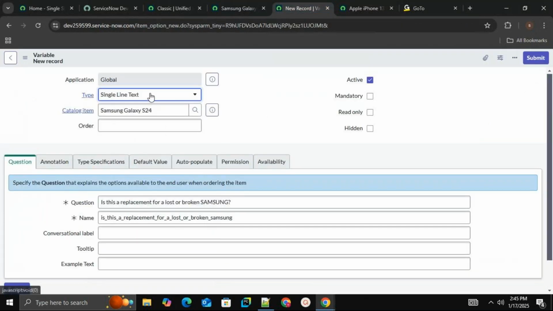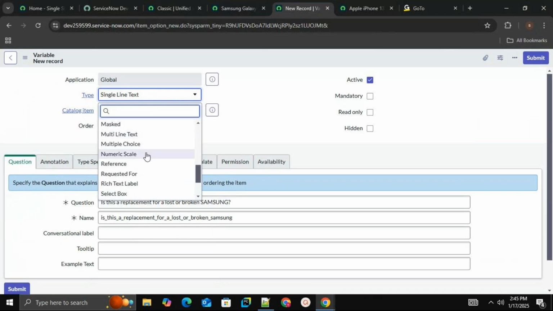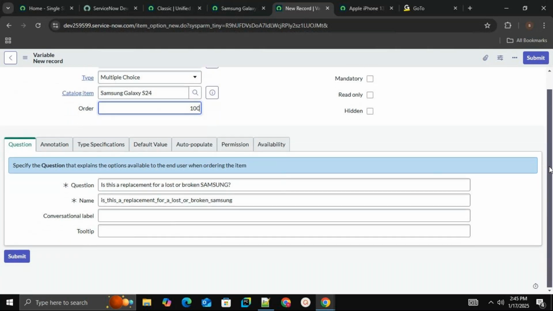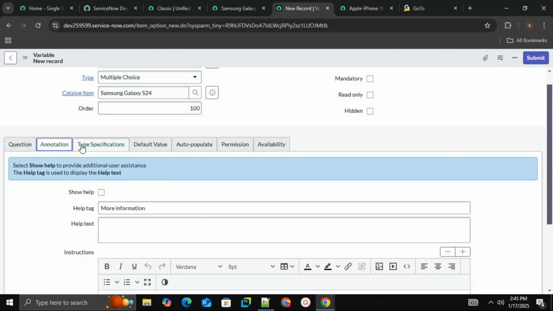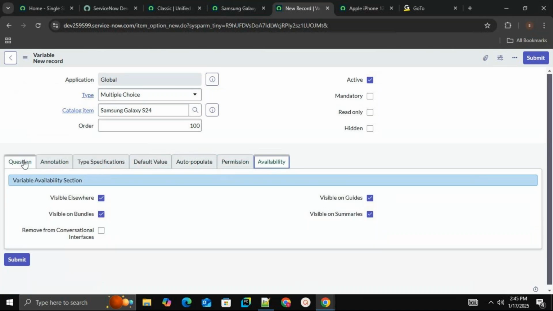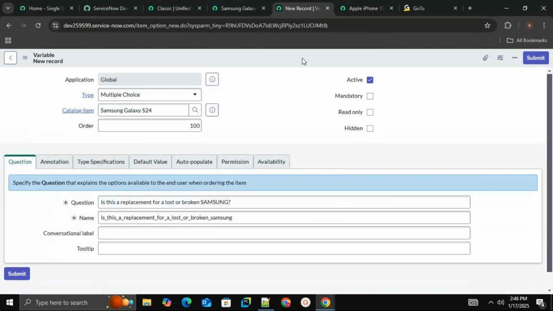So we have, for radio buttons, we can choose this multiple choice. This is multiple choice. You can select, and the order we can give as 100. And for this multiple choice, we have given an annotation. I'll show you this annotation. And default value, auto populate, permission, availability. And once you save it,